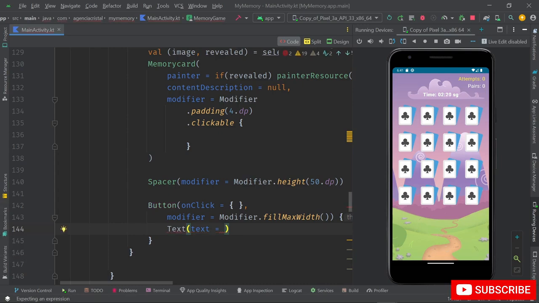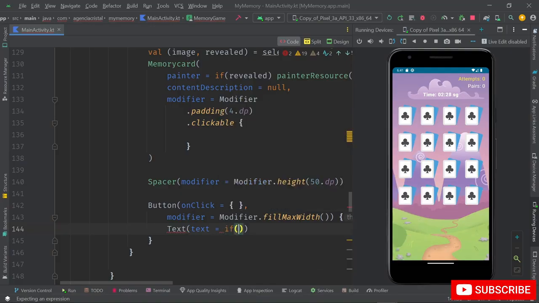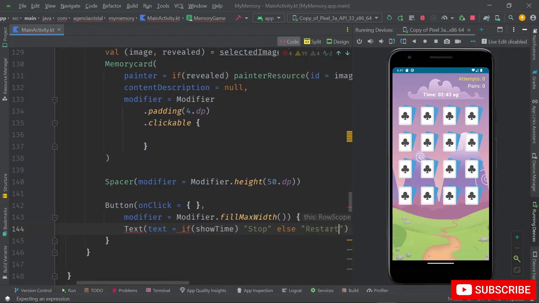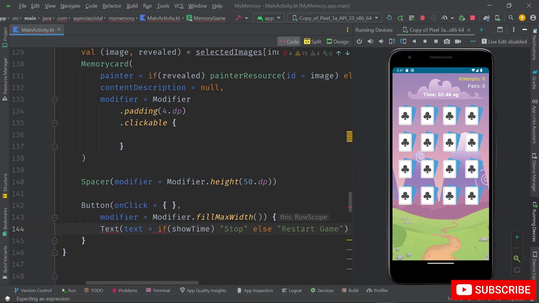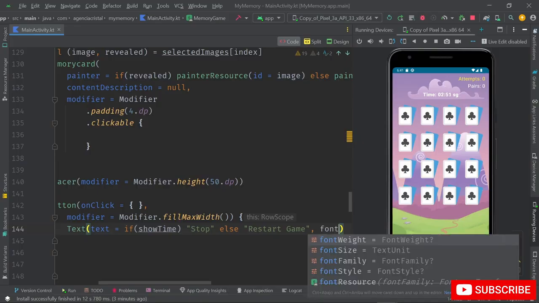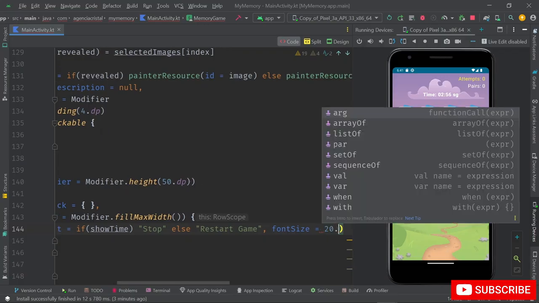For example, I can add in this place if show time, show stop, else show restart game. I'm going to add font size 20 sp,